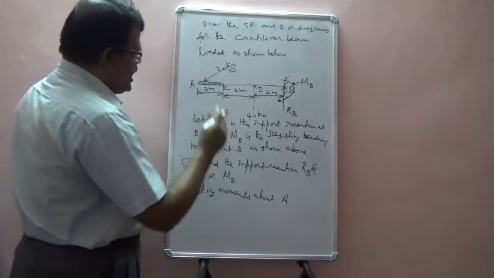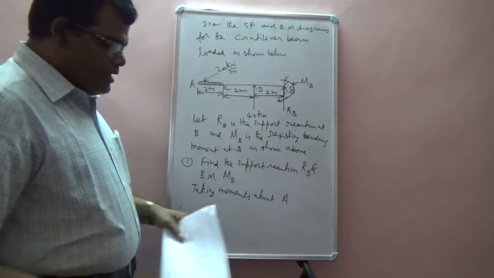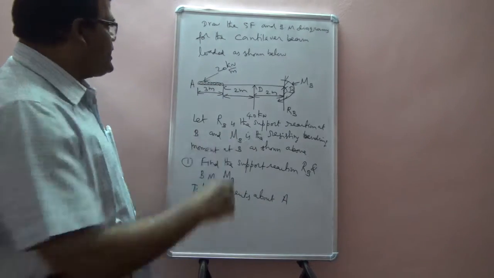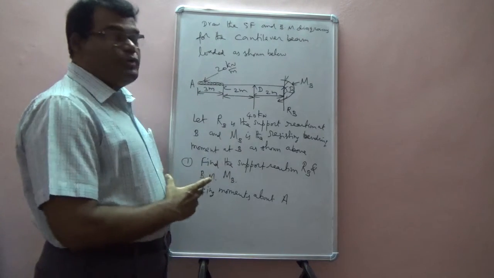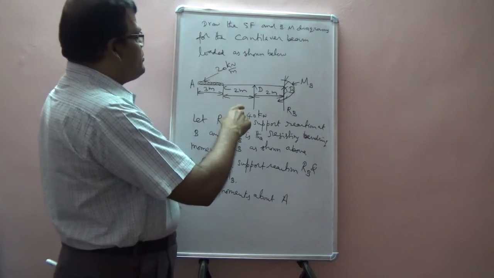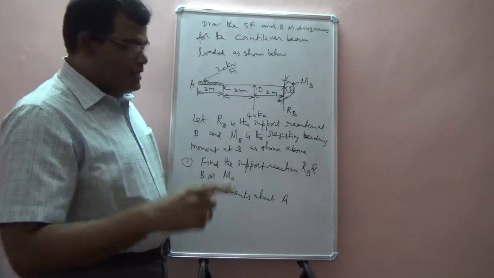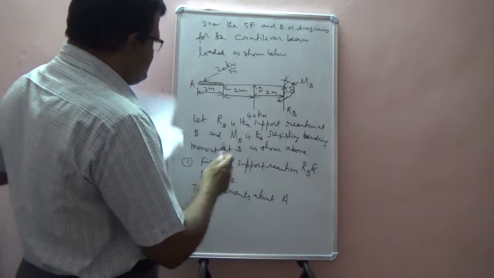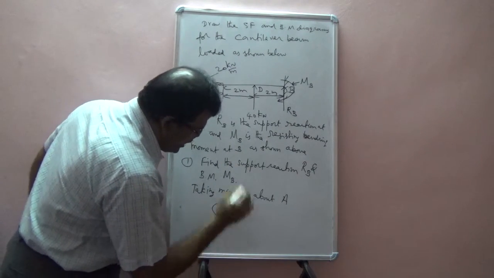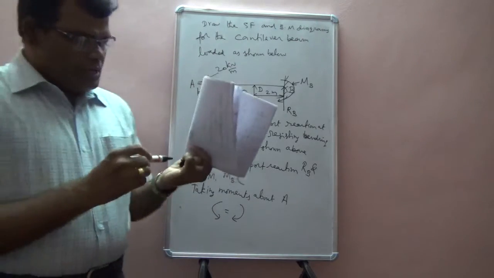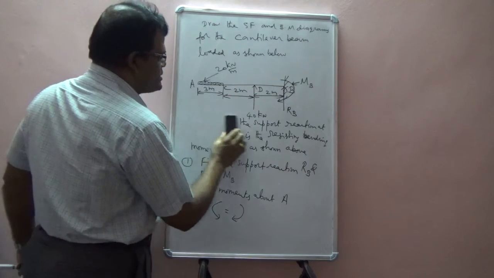That means I am fixing the point A. I will see whatever the bending moments which are tending to rotate this beam in the anti-clockwise direction on one side of the equation and the bending moments which are tending to rotate the beam in the clockwise direction on another side of the equation. Okay. So as per this, the anti-clockwise moment equals the clockwise moment. Okay. So let us see what are the forces producing anti-clockwise moment.